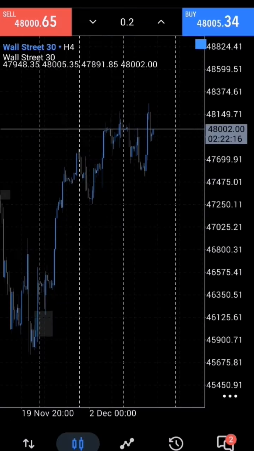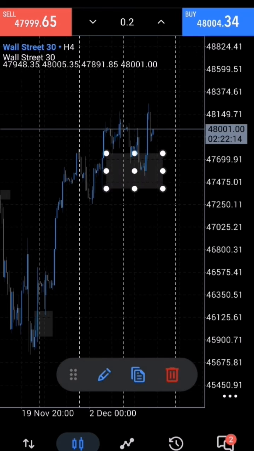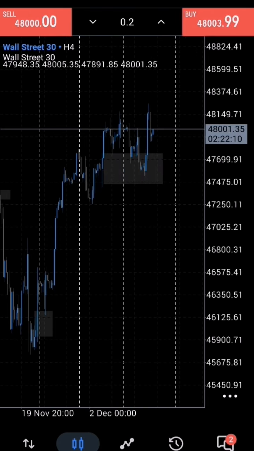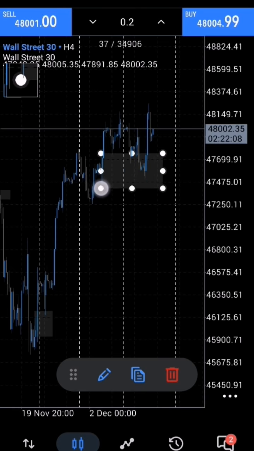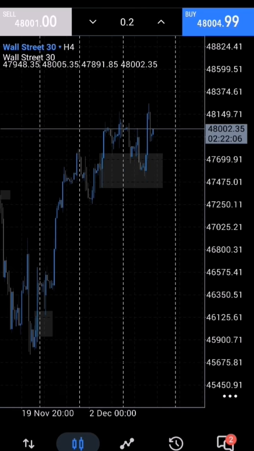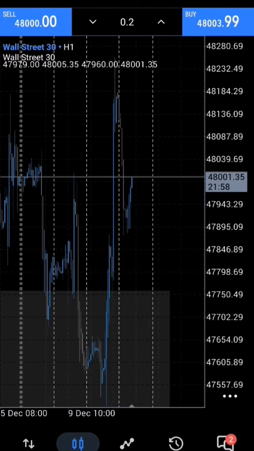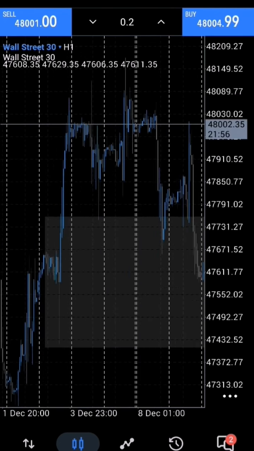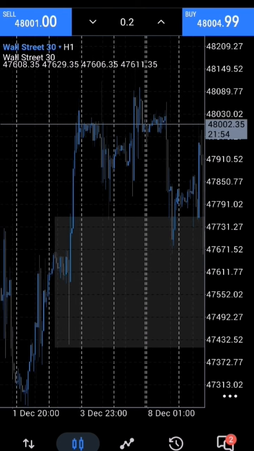Let me just mark out this discounted area here so that we know where we're looking for our point of interest. The next thing you want to do is find a point of interest within the H4 discounted area, right? So I'm going to drop down to the H1, and then as you can see right here,